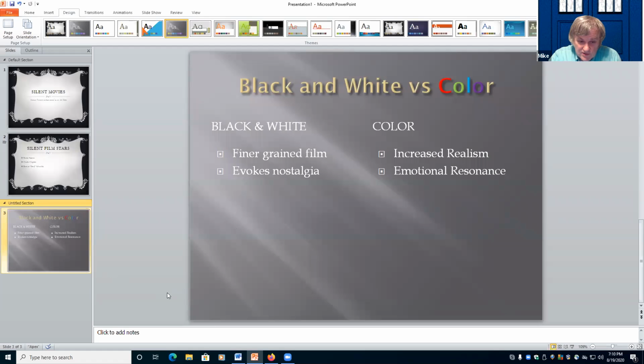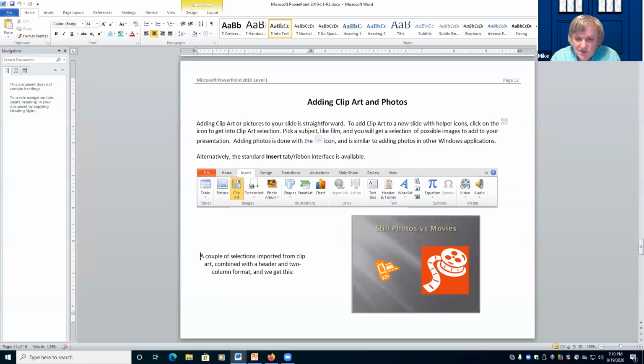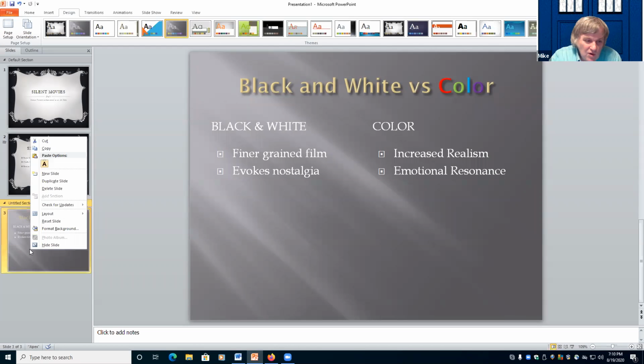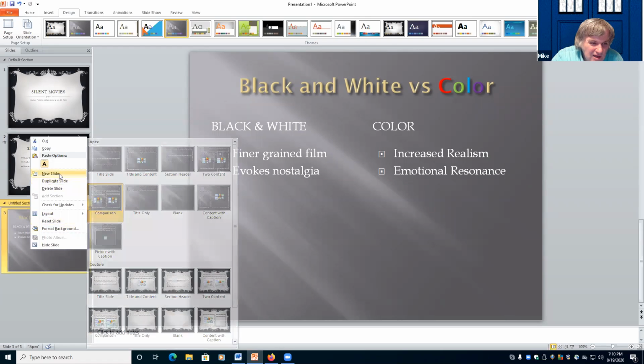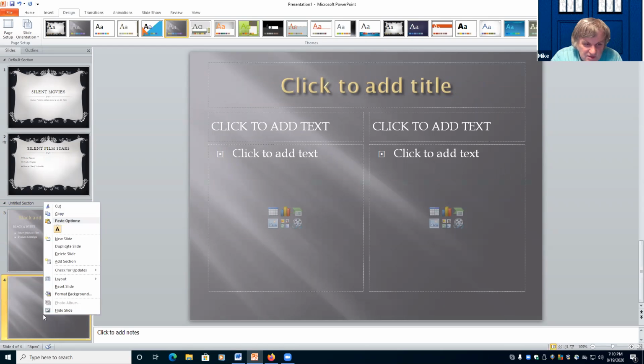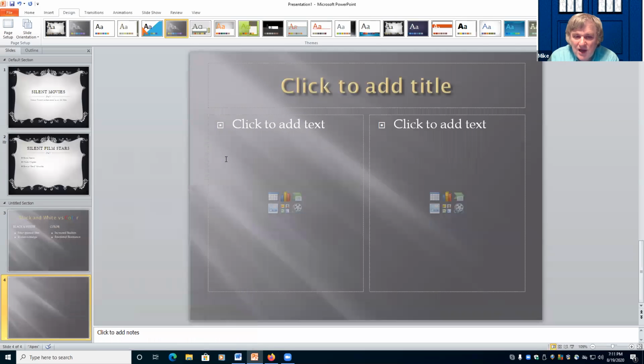And now we need another slide where we're going to some more details. In this case, still photos versus movies, and a couple of bits of clip art. So we'll come back here. We need a new slide, and it is defaulting to what we had before. But in this case, we don't want the extra header, so I'm going to do layout, come up here, and to content,